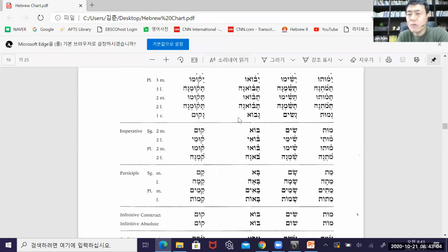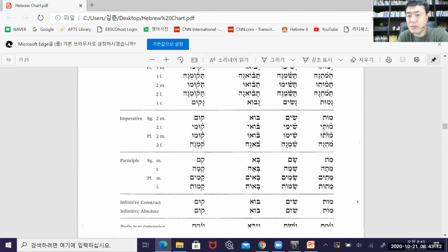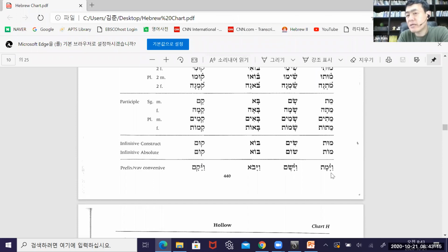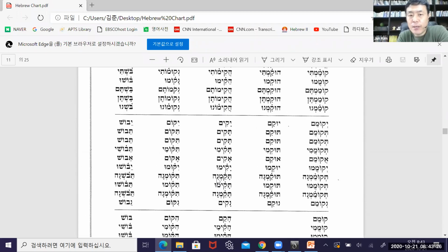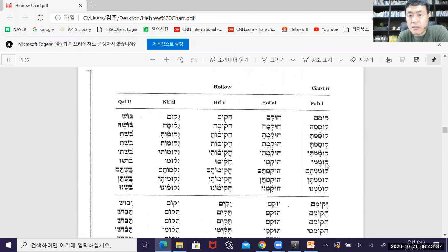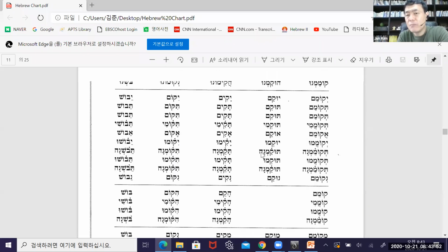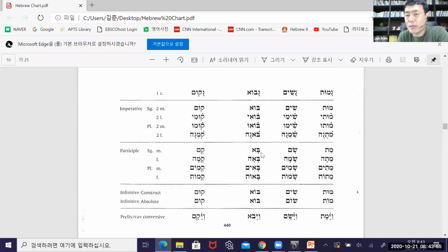So what I'm trying to say is mut can follow the I category. So in this case, we may have this form. Even mut can appear as vayyamat. And at the same time, being a shurek category, it can even come under this vayyaqem in the Hebrew stem. That's what we can say. Let me see. Yeah, I think this is what we need to understand. I think I need to double check with other textbooks and other sources. But the conclusion of our discussion here is this: mut can be following its own pattern, becoming